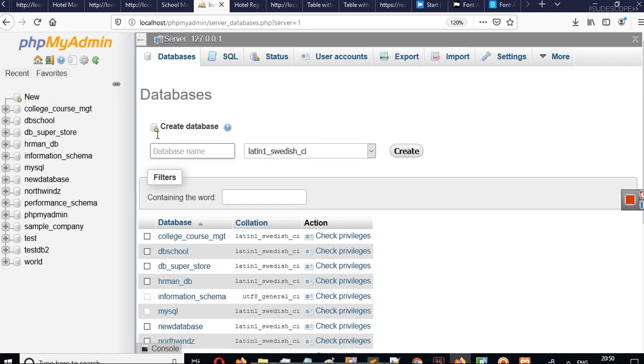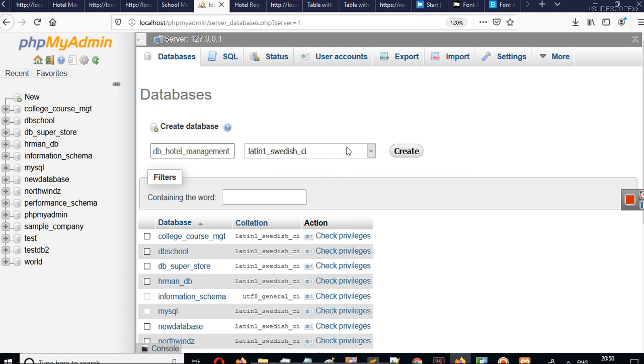Here you have to enter the name of your database. Let's say the name of our database is hotel_management. I can call it db_hotel_management, so that by using this db prefix, I know that this is a database.